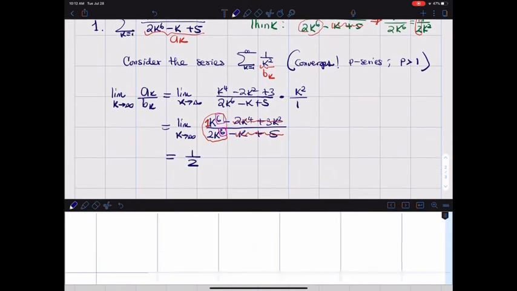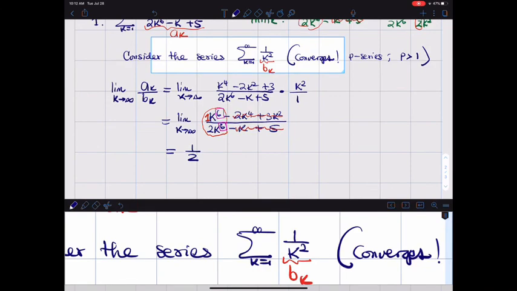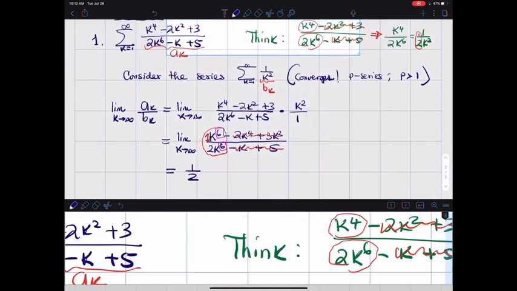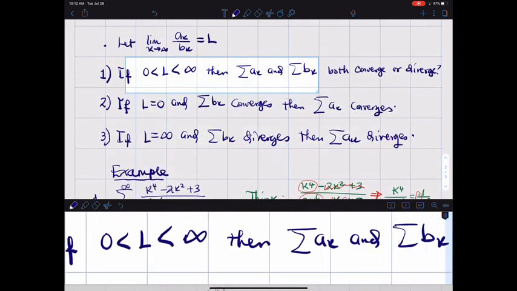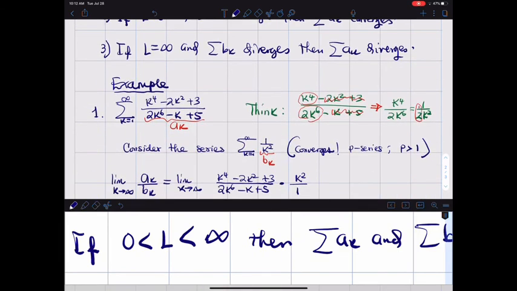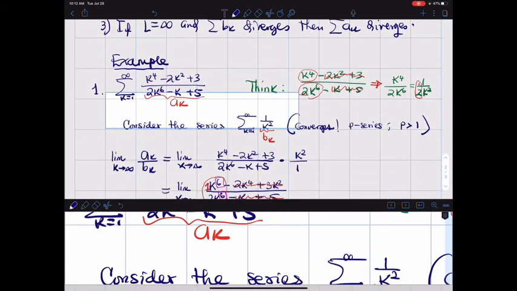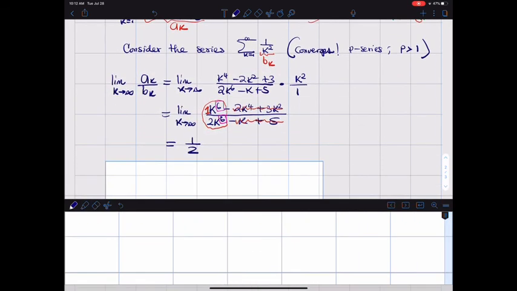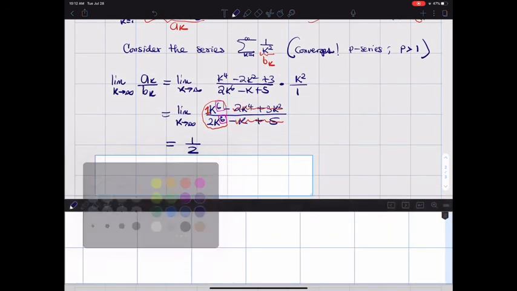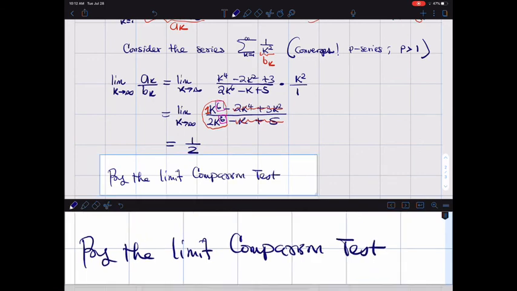All right. So therefore, this limit is 1/2, and the limit comparison test says that if the limit is greater than 0, if one converges, the other should converge. We can now happily conclude that by the limit comparison test,